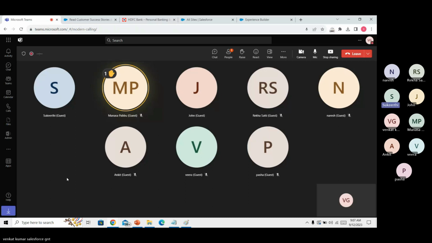May I know what is LWC? LWC is nothing but front-end UI. To create websites, we'll use a front-end UI. First, we'll create a database by using administration, for back-end logic we'll use development, and LWC is the front-end UI, like creating websites using Salesforce. It's very easy. What is the full form of LWC? Lightning Web Components. You repeat? Lightning Web Components. Okay, thank you.